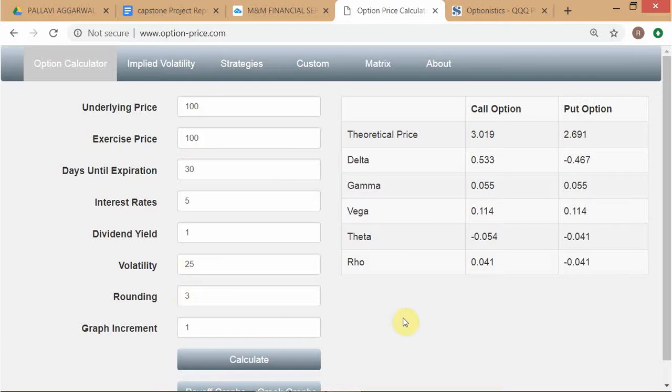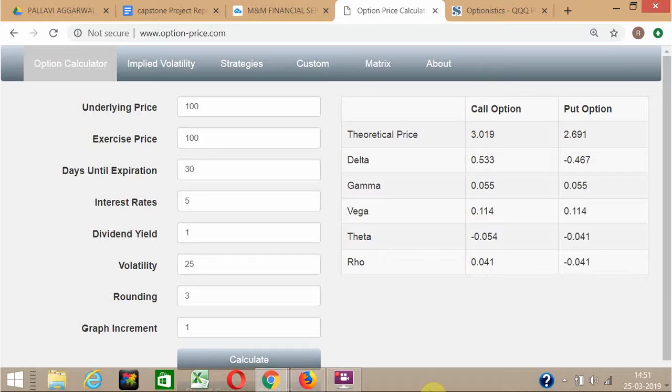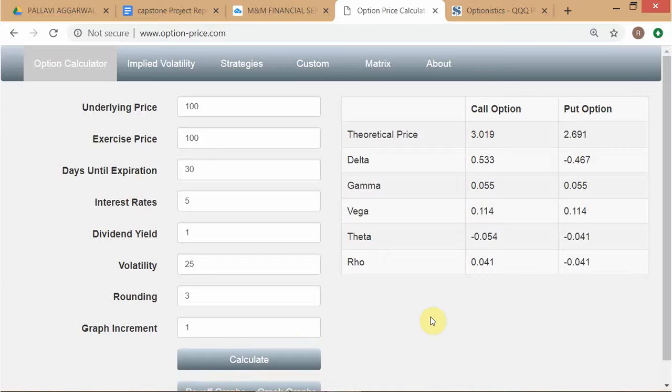Let's say this is an OVM, option valuation model. The output of this model is a fair value: what should be the fair value of the option price? So this model is telling you that, given these values of the inputs, the fair value of the call option is $3 roughly. But if you look at the market, let's say just for example, the call option is trading at $5. So obviously this can easily happen,